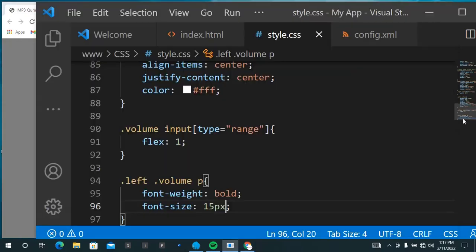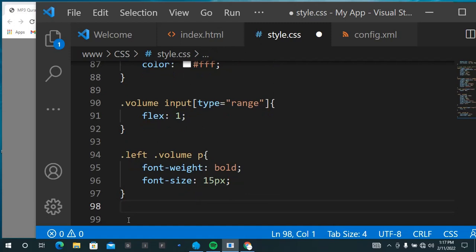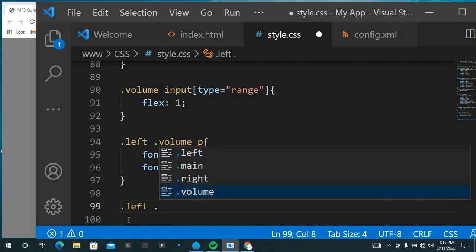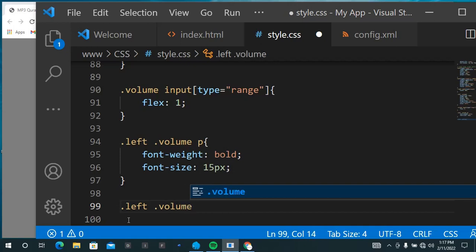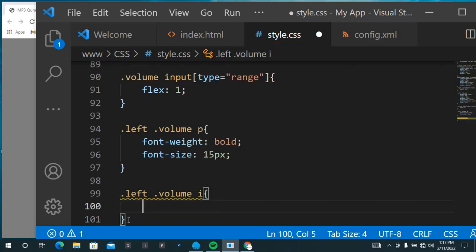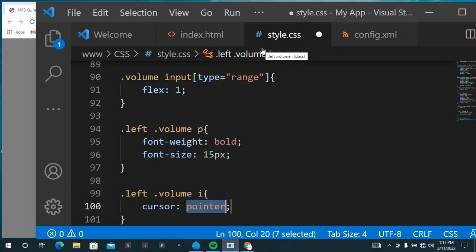Now it is inside an element i. Then i, also want it to be pointer, then padding